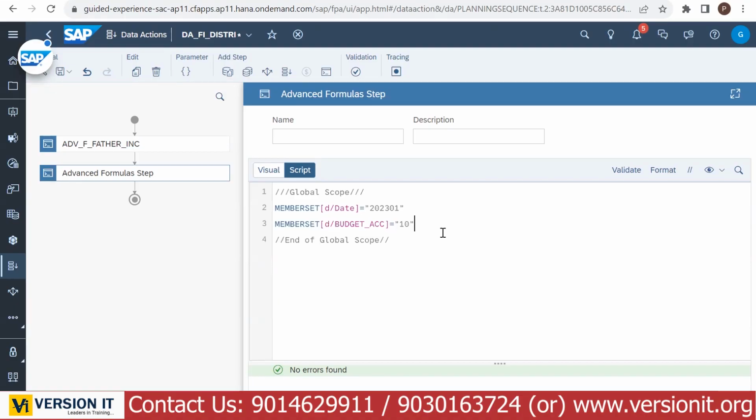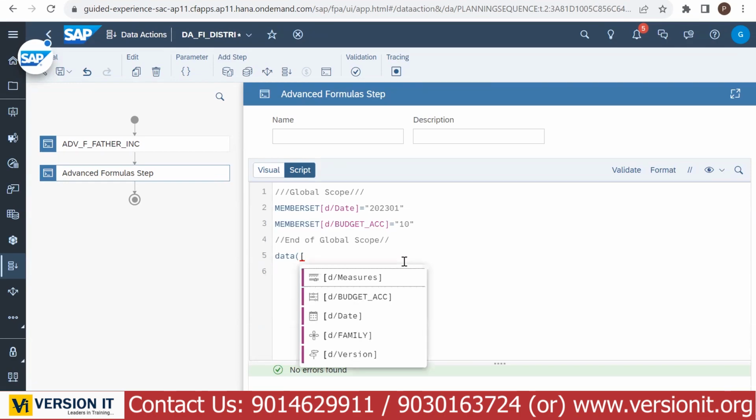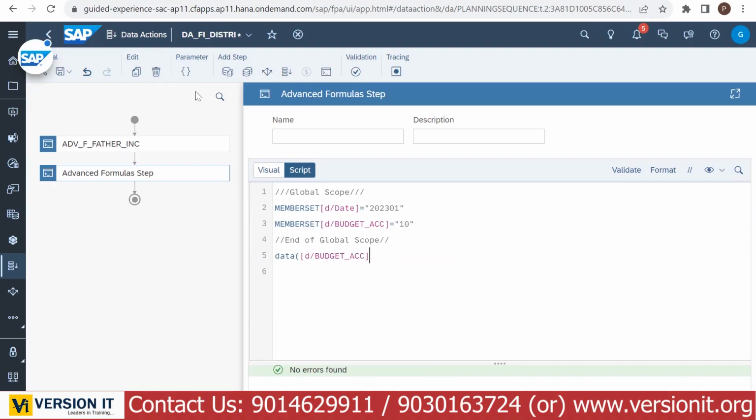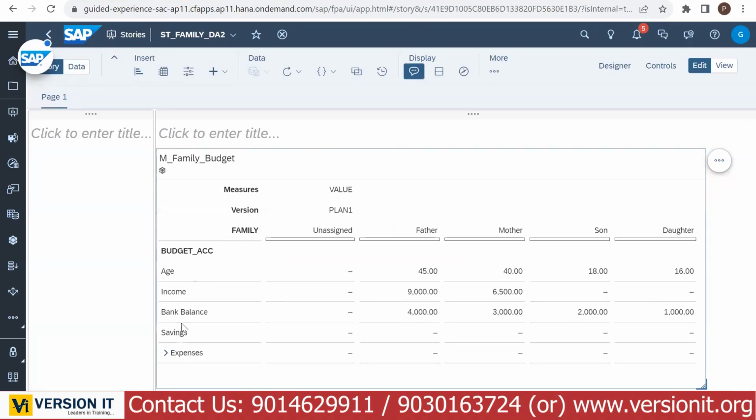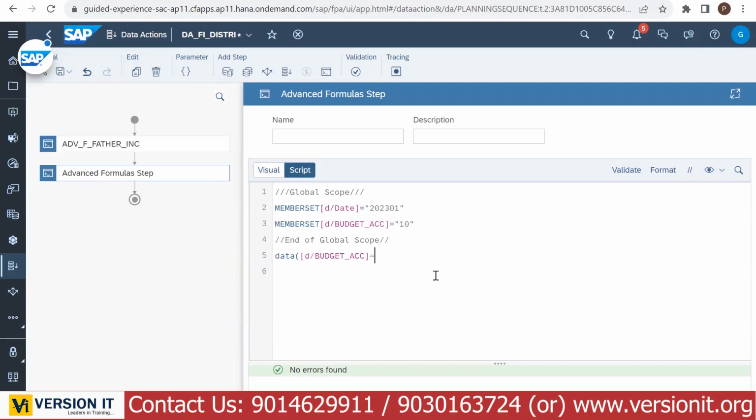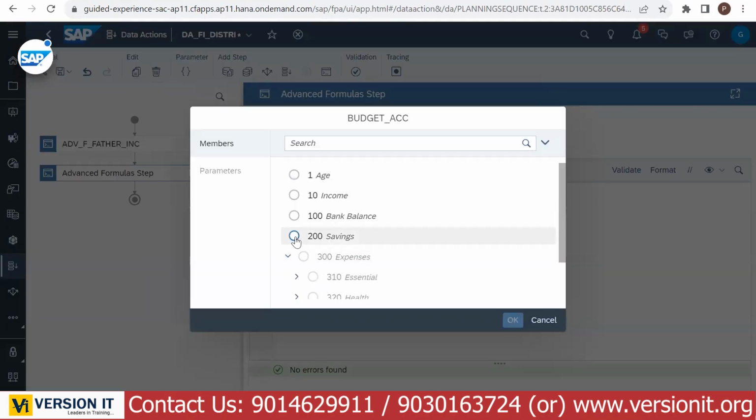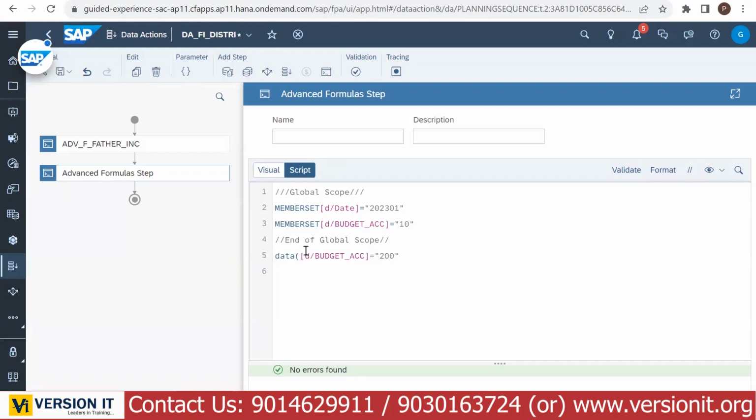And also, I want to update data. Okay. Of which account? What is the account? This is savings account, right? I want to update savings account. So come back and here equals to savings. If I didn't mention the family one,